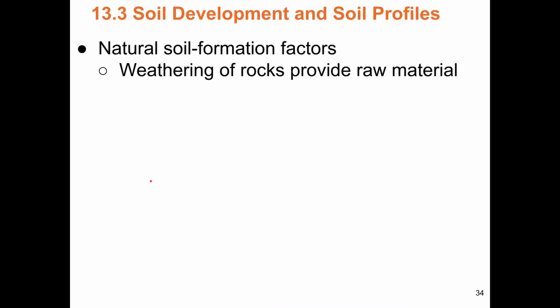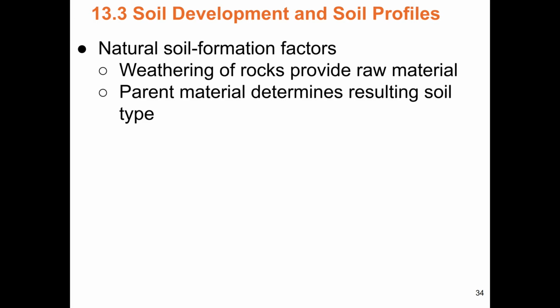So the weathering of rocks provides raw material. When we're talking about soil and the fertility of soil at the basic level, it is going to be a function of the parent geology. What were the rocks that got broken up to make the soil? The chemical composition of the rocks is going to determine how fertile the soil is. Volcanic soils are excellent for growing crops. Other rock, like granite in the Sierras, is not nearly as fertile. So the chemistry of the geology is going to be the first factor that's going to affect soil.